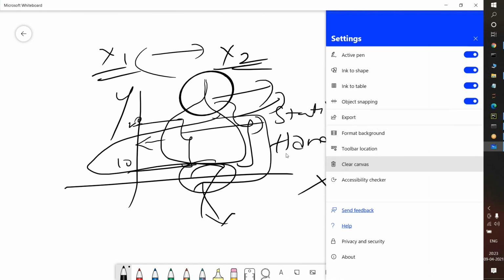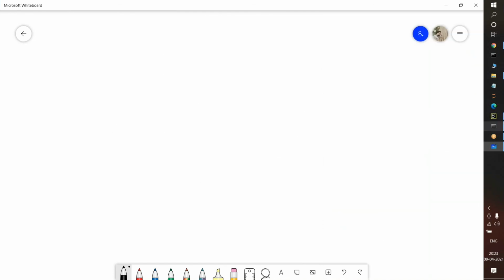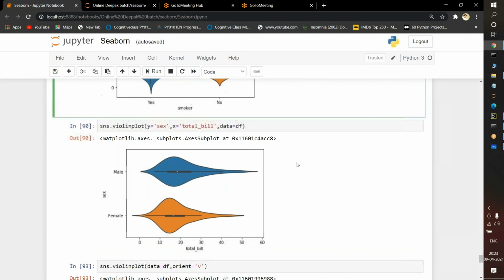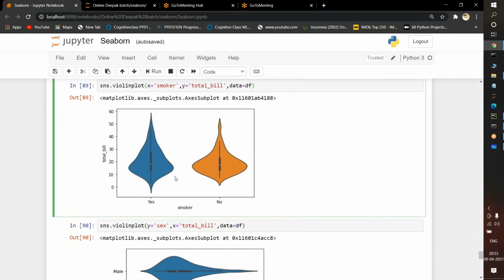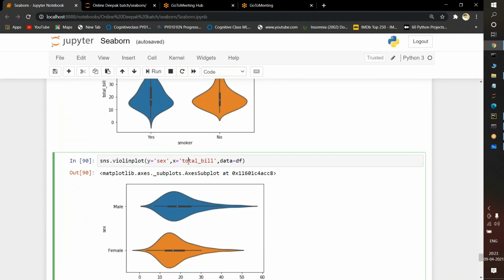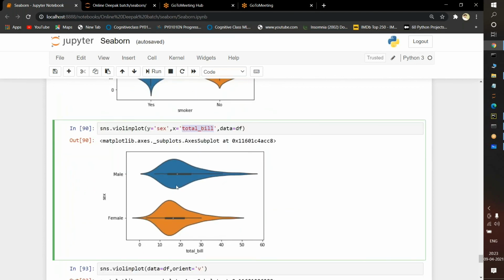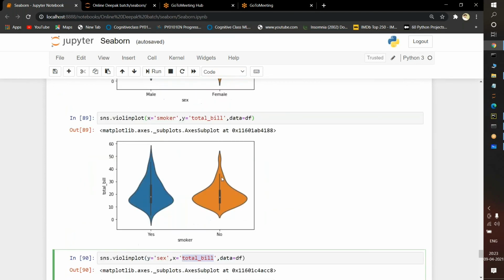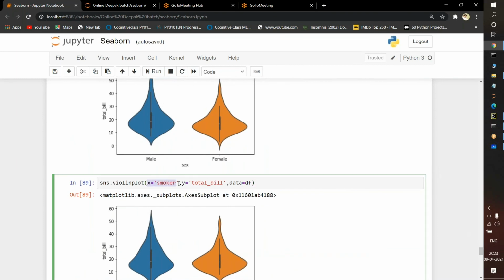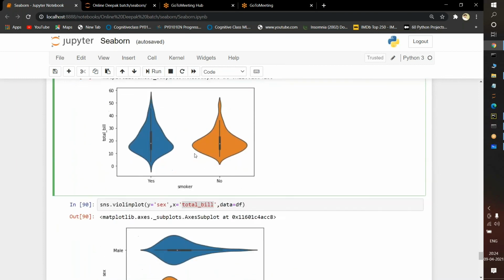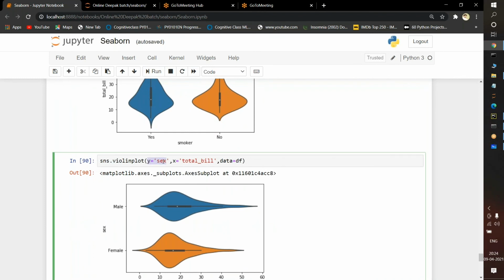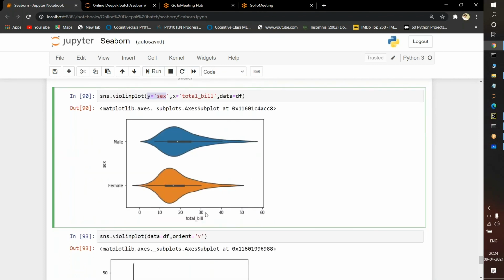When we are discussing machine learning, each and every technique will come into the picture. You don't need to worry. Okay, this is the purpose of using the violin plot. Suppose I pass y as the first parameter and x as the second parameter, it will be printed in a horizontal manner. If I pass x as the first parameter and y as the second parameter, x is taken on the x-axis and y on the y-axis. If I pass y first, y is going to take the x-axis and x is going to take the y-axis. If we plot this data, it will execute successfully.